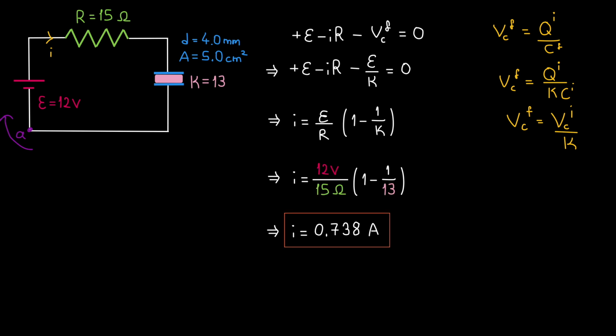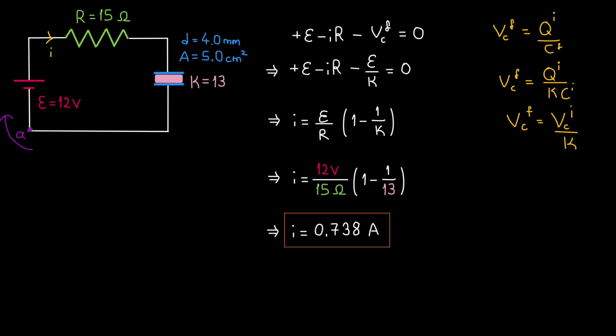Here I have rearranged my equation and isolated I and then plugged in the numbers. We get I equals 0.738 amps. By the way, the reason V sub C has a negative sign in the Kirchhoff's loop equation is